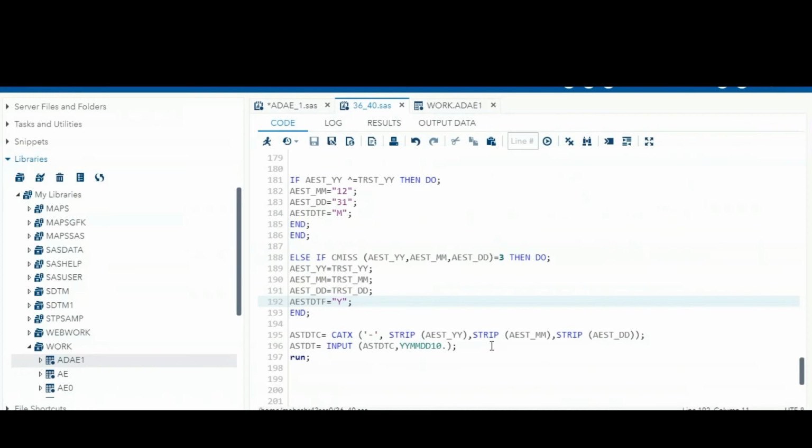So after that, we are going to handle the end date missing values. Up to now we saw the AE start missing values, right? So whenever we have partial dates present for AE end date, how to handle those?